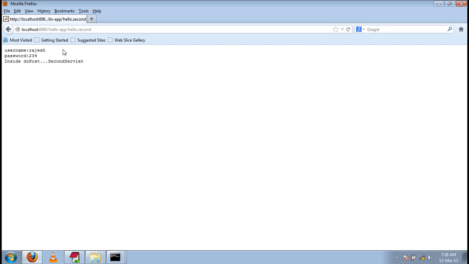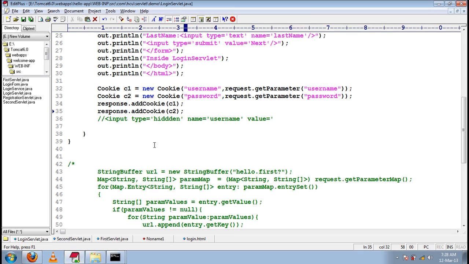Yes, if you don't access the browser for 1 minute, this cookie will expire. So how can we do that? How can we set some expiration for cookies? By using a method, setMaxAge.